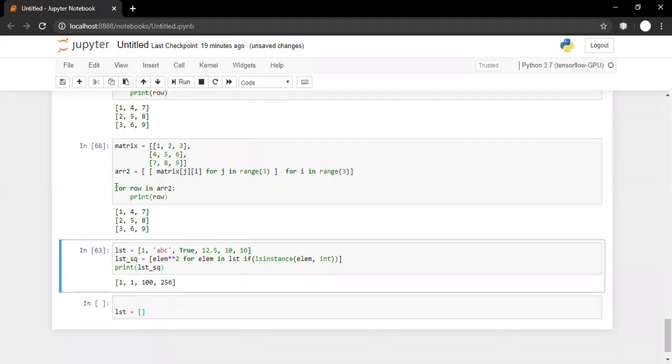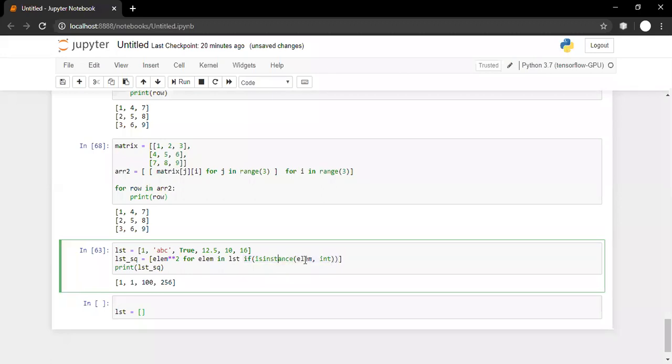Okay, Monica has a doubt. She's saying, sir, in this statement, can you explain the sequence of execution? Yes, Monica. First, it will go into the for loop. In the for loop, it will take one element of the list at a time, and this element will be passed to the if control. Now our if will check, is this element, let us say 1 or abc or True, an instance of integer? If it is an instance of integer, this if will return true. If it is not, it will return false.